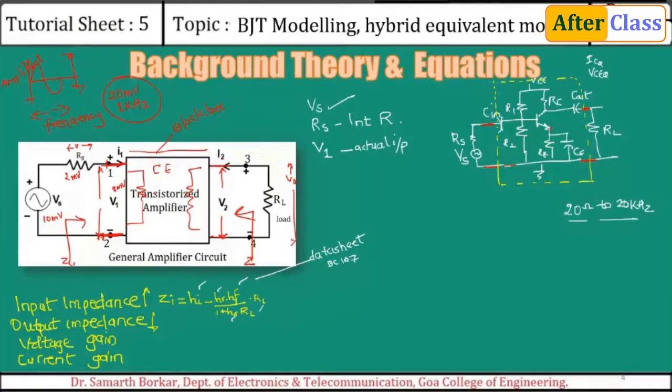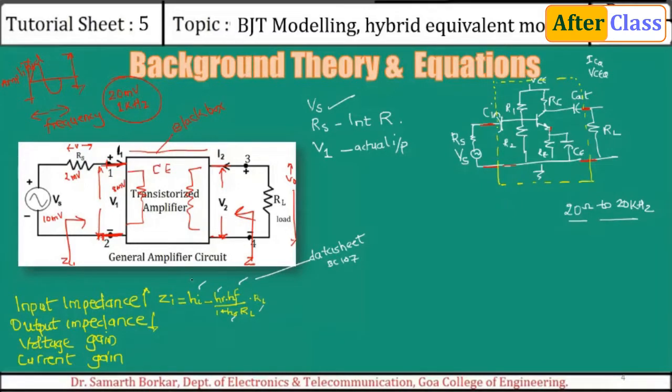I2 is the output. I1 is the input current. I2 is the output current. And what is V2? V2 is the output voltage across the load. The voltage across is the same. There is no resistor in between here, so this voltage will be available at the output. Even if I connect hundreds of resistors, the voltage across always remains the same.